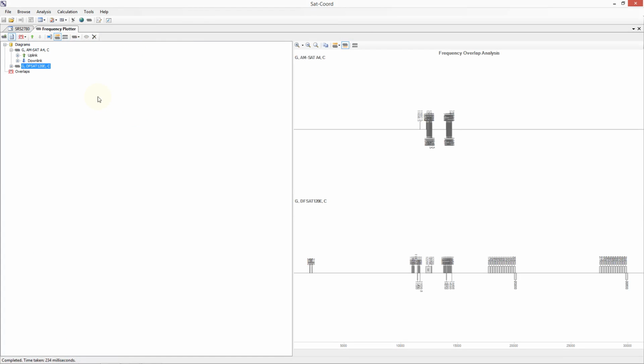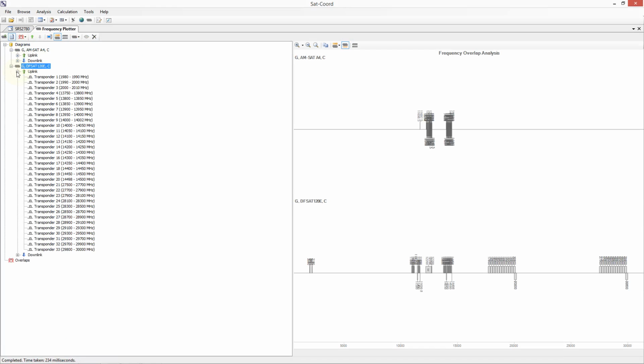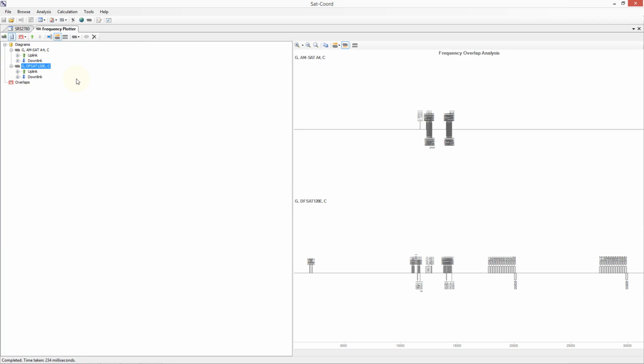Once again, we can expand the data added to see the full list of frequency data added in the uplink and in the downlink. We can see a visual representation of the frequency data from both sets of data on the right hand side. We can see from looking at the frequency plot that there appears to be an overlap